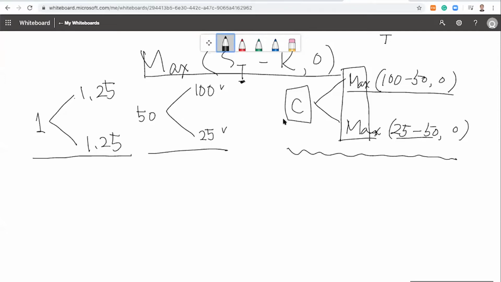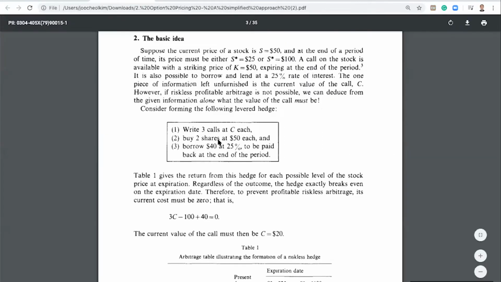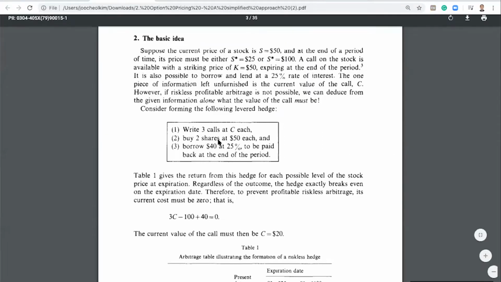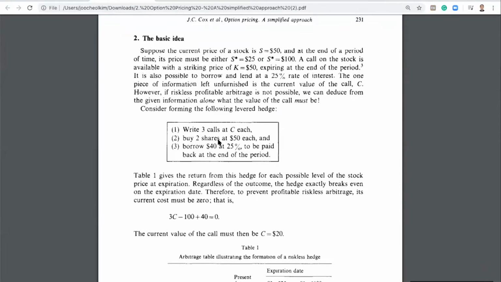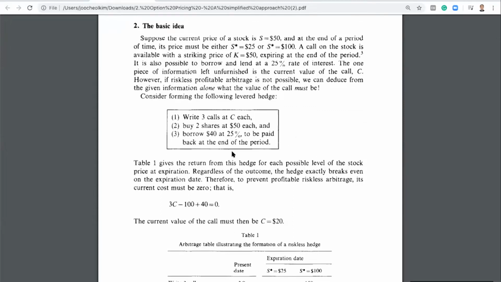And we already know how to do that. But in this paper, they explain it in a slightly different way, but the answer will be the same. So let's just follow their